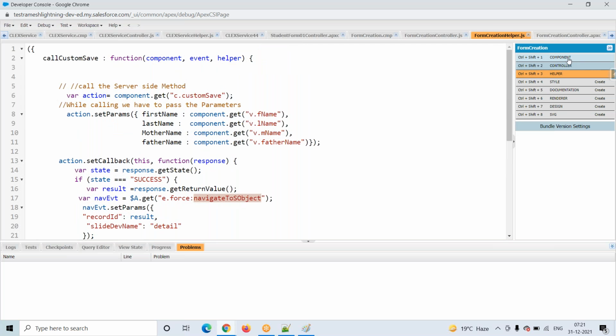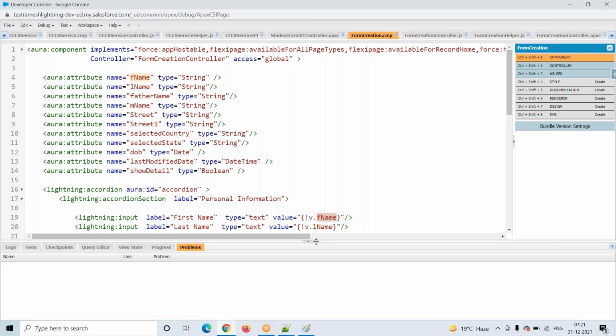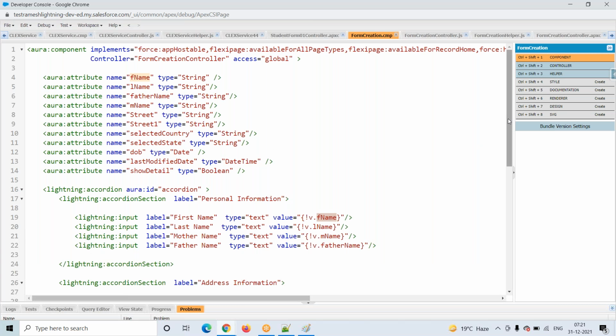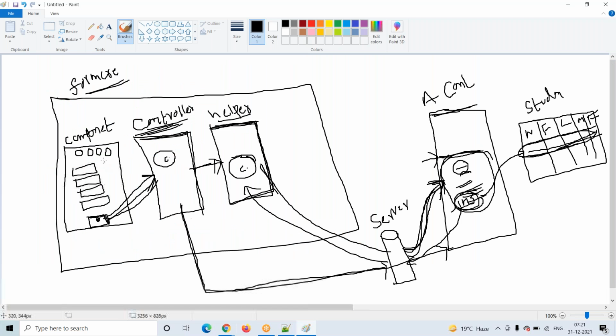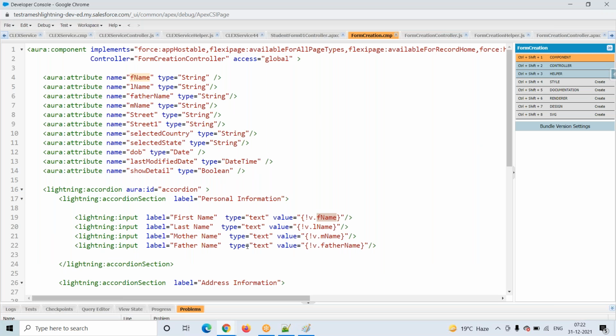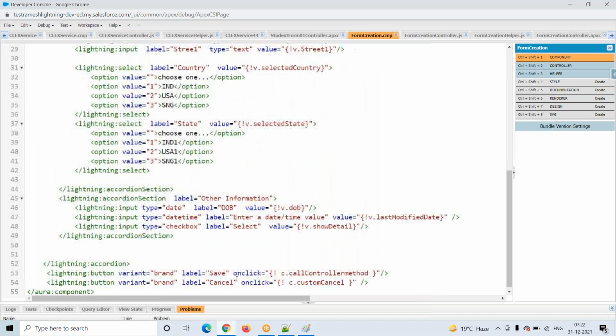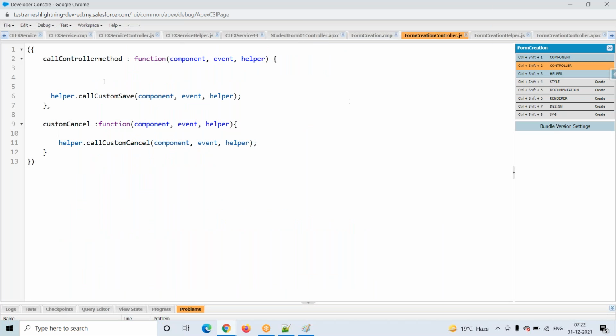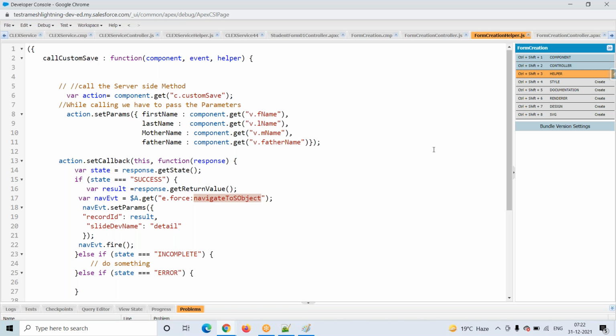this is our final example. One second. See, in the first page, what we are doing, we are collecting the data and storing the data, and we design the button. Once we design the button, we tell this button, any user who clicks, you have to go to the controller. From the controller, I am passing my request to the helper. From the helper, I am passing to the controller method. Controller is nothing but server side.